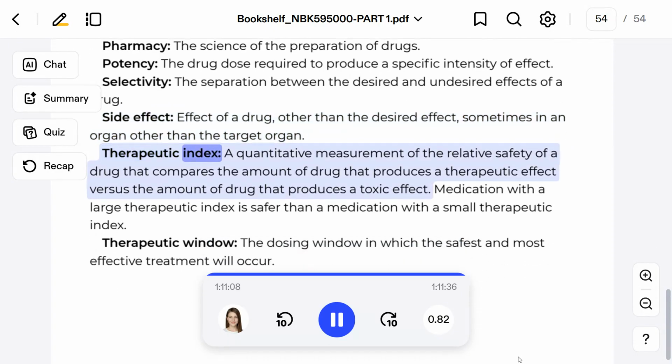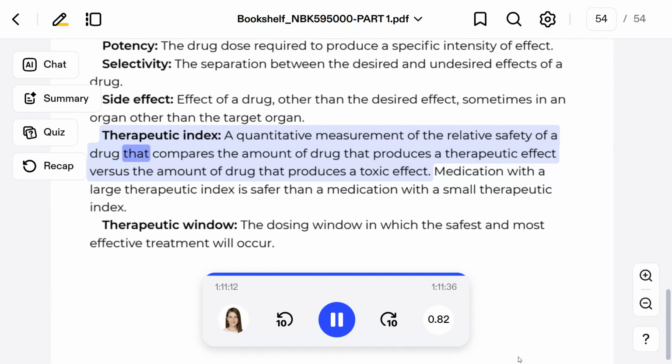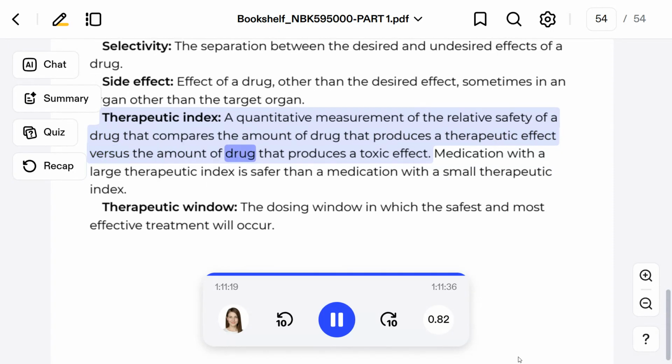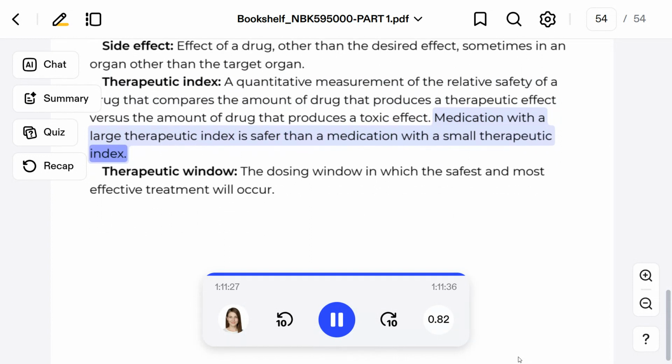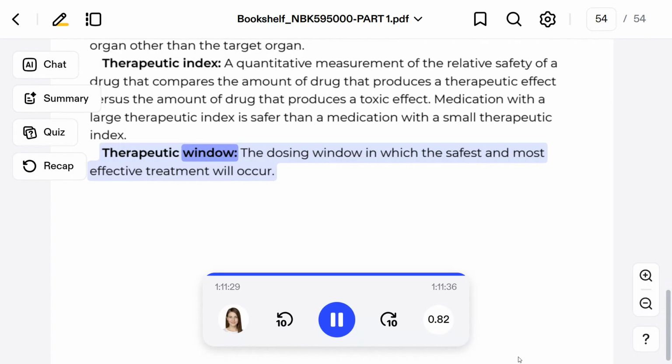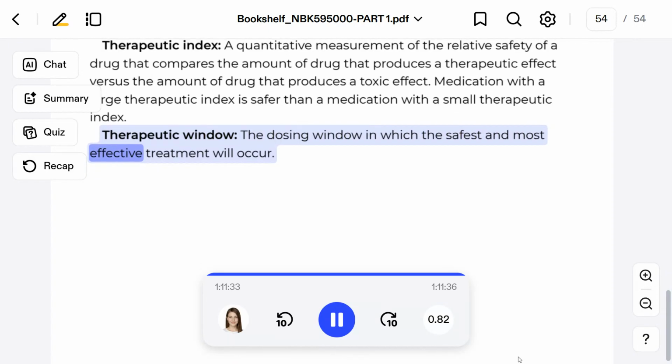Therapeutic index, a quantitative measurement of the relative safety of a drug that compares the amount of drug that produces a therapeutic effect versus the amount of drug that produces a toxic effect. Medication with a large therapeutic index is safer than a medication with a small therapeutic index. Therapeutic window, the dosing window in which the safest and most effective treatment will occur,